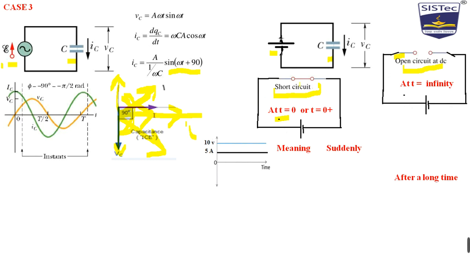This is the waveform telling that when the capacitor is a short circuit, at that time full current is moving, and the waveform is telling me that 10 volt is applied here. If 10 volt is applied, then the current is 5 amperes. Okay, how is 5 ampere coming? Because I am assuming that there is a resistance of 2 ohms and the battery source is 10 volts, and after some time there will be no current. See, I have only drawn the 10 volt waveform. This is the battery of 10 volt, and no current, because at t equal to infinity this is open circuited.